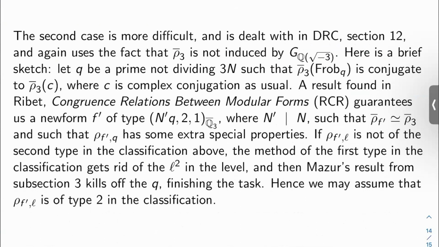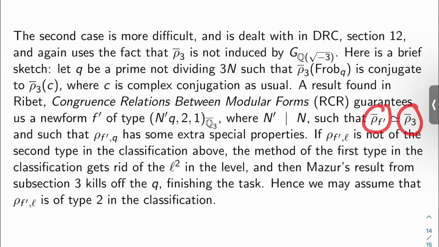So it again uses the fact that rho-bar_3 is not induced by the Galois group of Q adjoined root -3. So here's a brief sketch. You take a prime q not dividing 3n such that rho-bar_3 of Frobenius at q is conjugate to rho-bar_3 of c, where c is complex conjugation as usual. I think you can do this basically by Chebotarev density. Our result found in Ribet, congruence relations between modular forms, or RCR, guarantees us a newform f prime of type n prime times q, weight 2, character 1 over Q-bar_3, where n prime divides n,